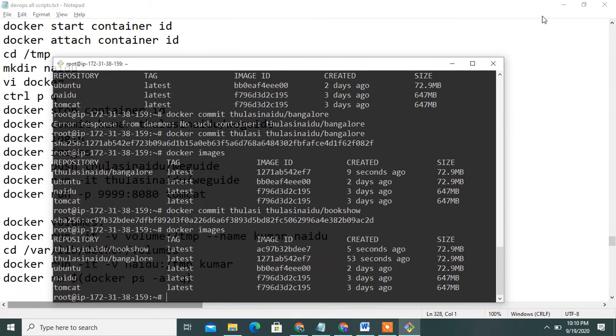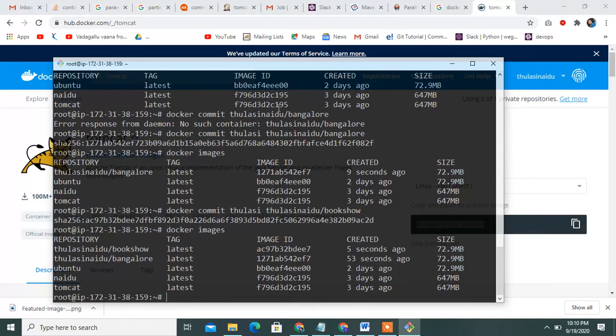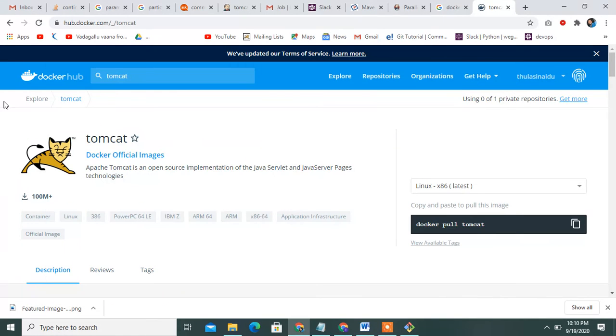Then how to push to Docker Hub. First of all, check whether that image is stored there or not.